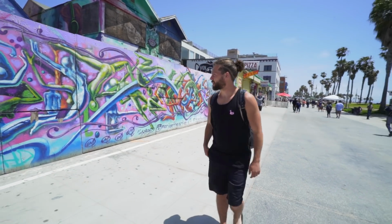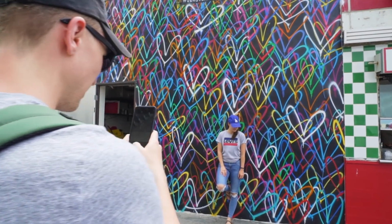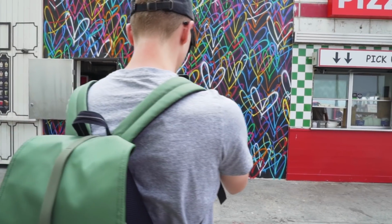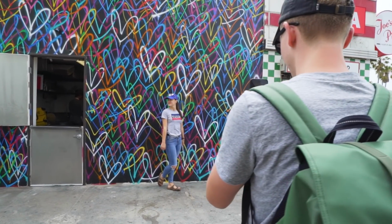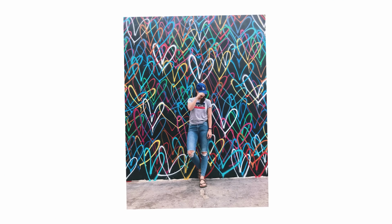It might be easy to miss because there's a lot of street art in this area, but you'll find the Love Wall tucked down a side street by Joe's Pizza, so make sure you put that into your maps to help you find it. The wall isn't huge, but you'll want to use it to fill the whole background of your shot. You may have to move around a little bit to get it perfect, or you can just crop